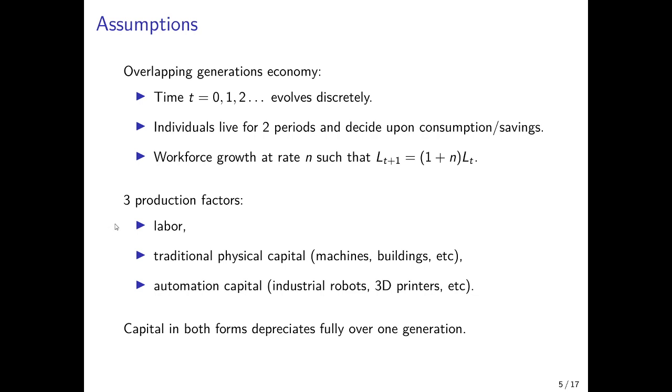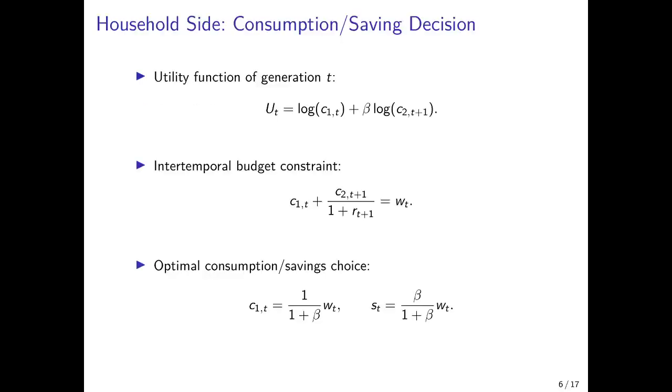So traditional capital and automation capital both depreciate fully over the course of one generation. The consumption side of the model is actually quite similar to the baseline version of the model, so we can be brief here. Utility is additively separable in the two time periods and is derived from consumption in the first period and consumption in the second period. Again, the utility function is logarithmic, and second period utility is discounted with the discount factor beta, that is between 0 and 1. The higher beta is, the more patient individuals are, the more weight they put on second period